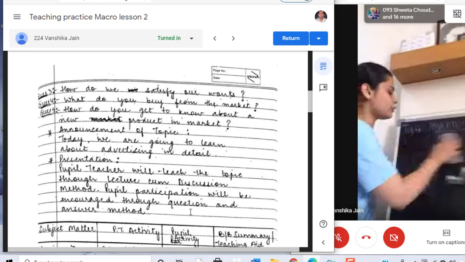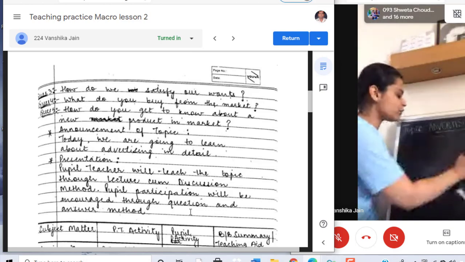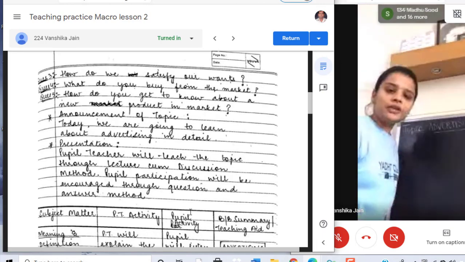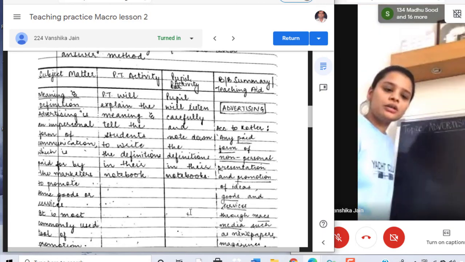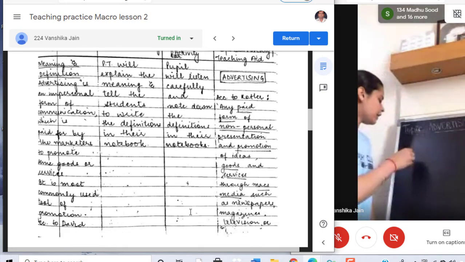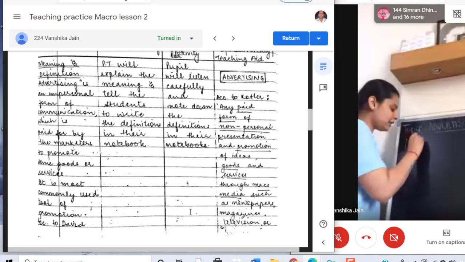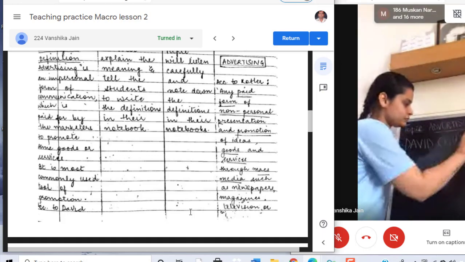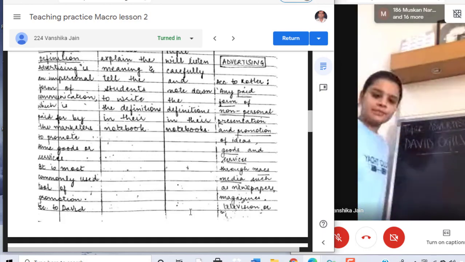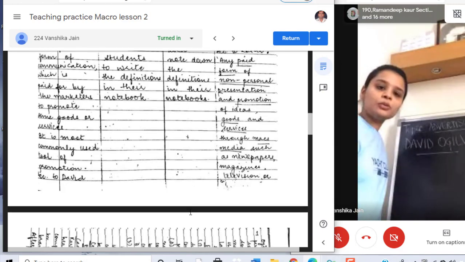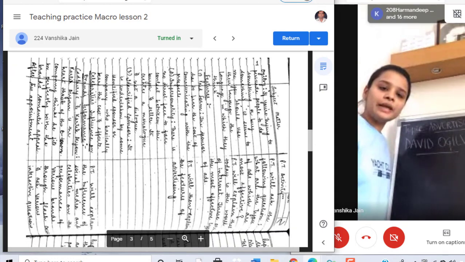Basically, advertisement creates a monologue and not a dialogue. What is a monologue? It is basically a person telling you what the product is and what the features of the product are and not receiving the feedback in return. According to David Ogilvy, who is known as the father of advertisement in British, he told that if you want to persuade someone to buy something, you have to speak and you have to advertise in the language they think.